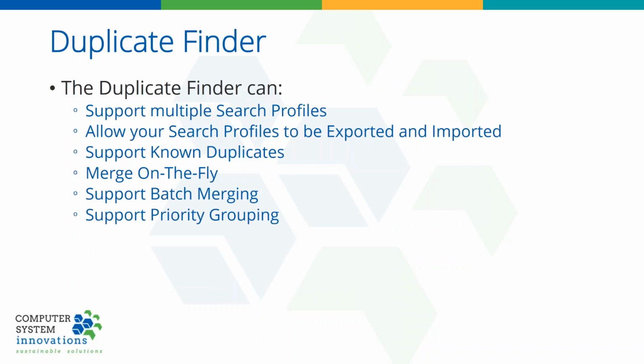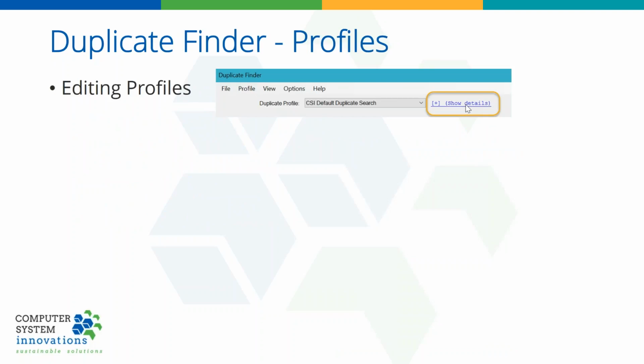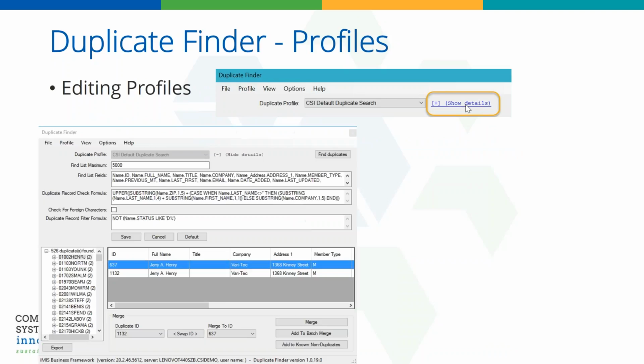And then you can do something really, really cool called priority grouping that we're going to talk about. If you don't know how to get to the duplicate finder, it's right there from your main iMerge screen: Tools, Duplicate Finder. That's how you get to it. When you go in there, you're going to see something like this, CSI Default Duplicate Search. And if you click Show Details, boom, you actually see all of the setup options you have for this profile,